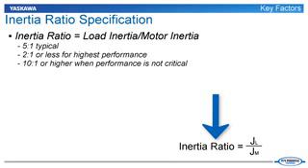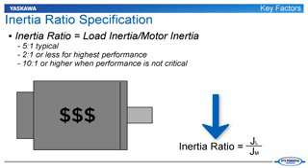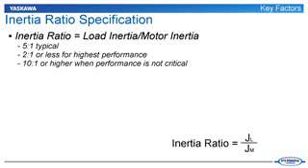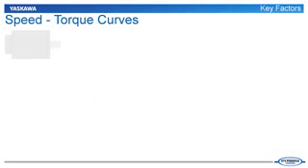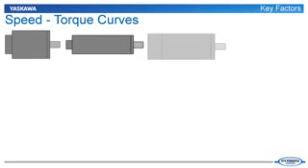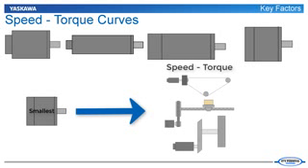However, an excessively low inertia ratio can also indicate an excessively large and therefore expensive and bulky motor with little performance increase. If inertia ratio is the limiting sizing factor, it pays to fully understand the application's performance requirements and choose the inertia ratio accordingly. Several motors that provide a suitable inertia ratio may be available. So the task remains to find the smallest motor that still has the ability to produce the speed and torque